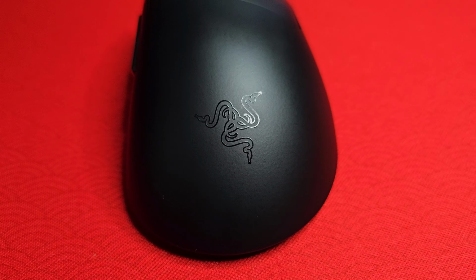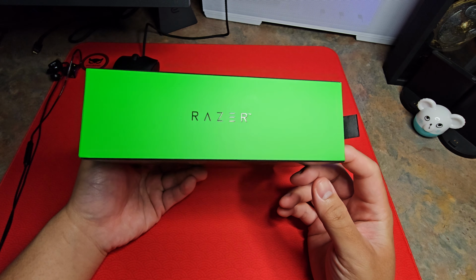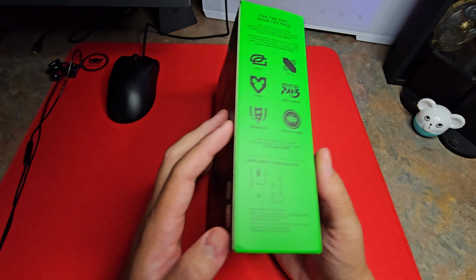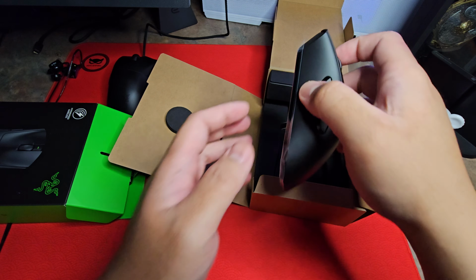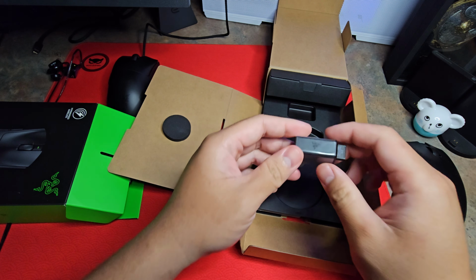Before we dive deeper, I just want to quickly talk about what's in the box. Unboxing experience is basic since Razer cares about the environment. I do appreciate the packaging materials of choice. They are all recyclable materials and they're using the soy ink that I always see in their packaging, which is pretty based. Inside the box, you find the mouse, a USB-A to USB-C rubber cable, your wireless dongle, your manual,